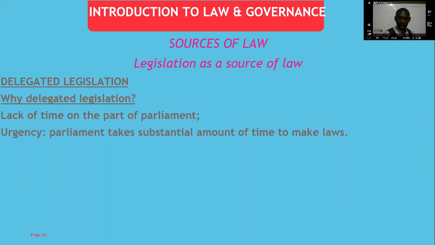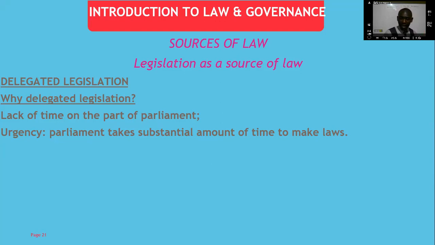The other is urgency. The way Parliament runs its business, it is not able to pass a law requiring instant intervention at the required time. Say a pandemic has hit the country and laws need to be formulated in order to help citizens not get infected. There is no time to rush to Parliament to pass these laws because the manner in which Parliament moves is not at the same speed at which such laws need to be passed.